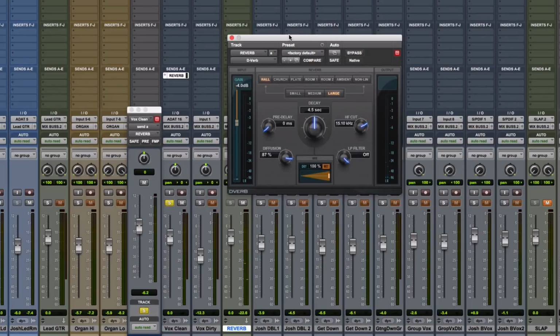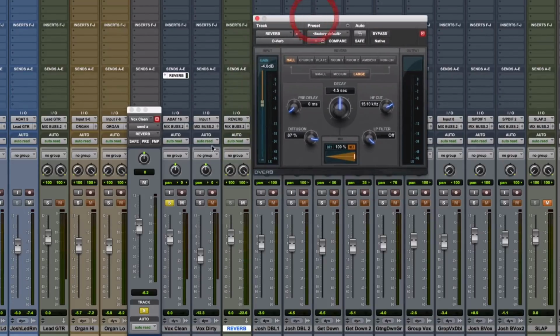Okay, now we've got reverb happening. But it's not happening on the raw track. If I mute the reverb track,